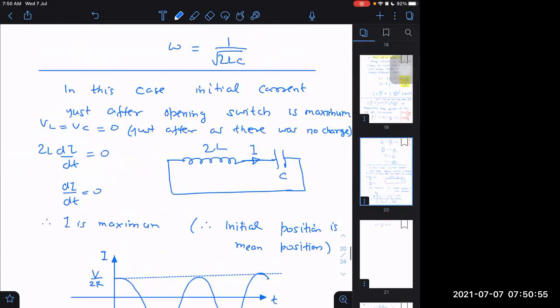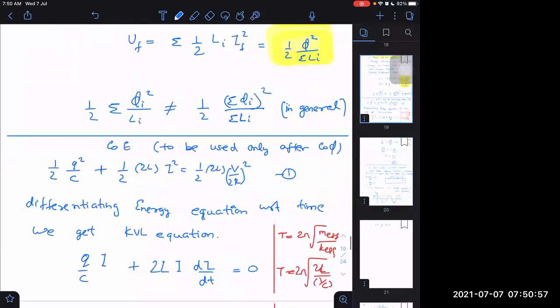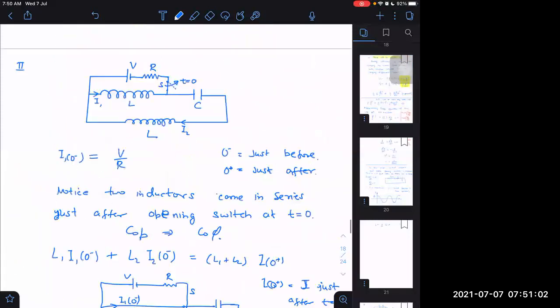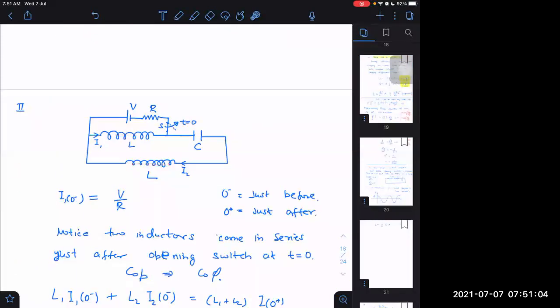And one more thing I'm neglecting here, which I did not tell you, I think I should mention it so that you should not start thinking wrongly. These inductors may have mutual inductance. So I have to say in the beginning, assuming no mutual inductance, otherwise the situation may be different. There is no mutual inductance here. These are far away from each other.